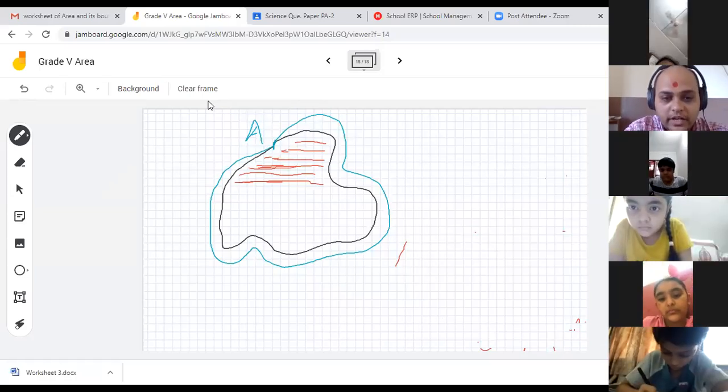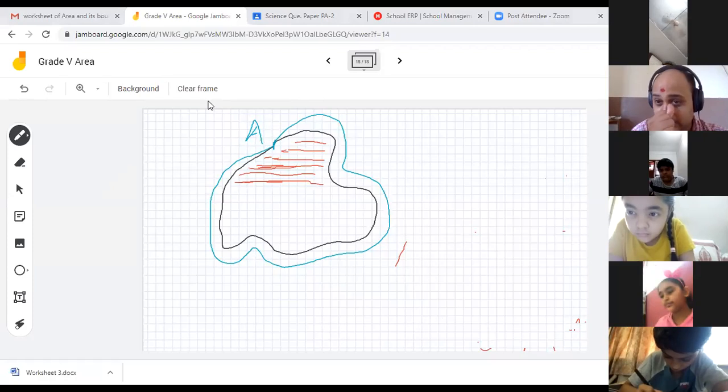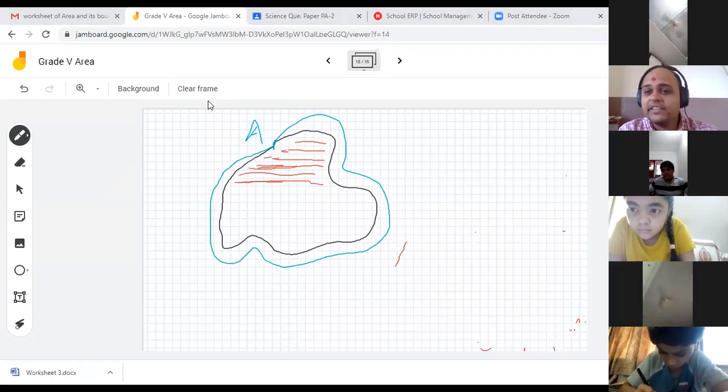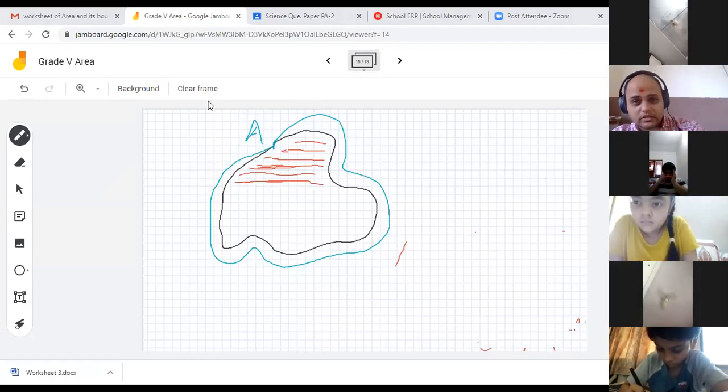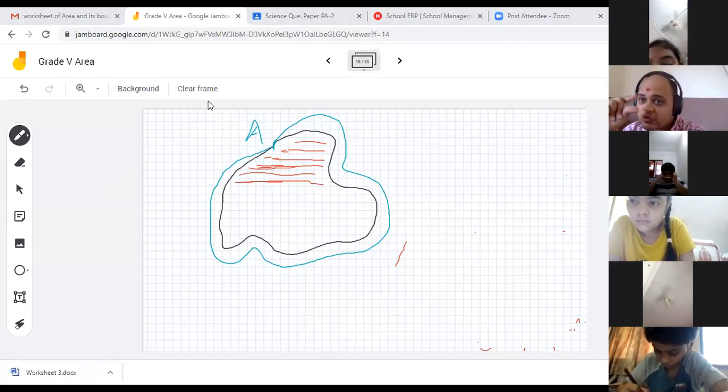You don't have to do this in this one, right? You will get it in the notebook. Don't worry. Because this is too small, it will be difficult for your eyes. I don't want to strain your eyes. You do it in the notebook where the squares are bigger. The whole complete square you have to use directly.